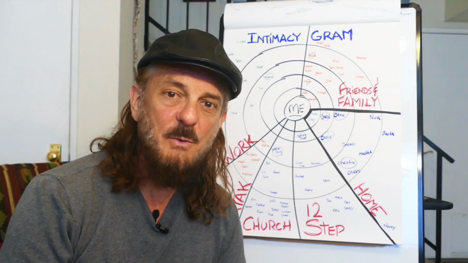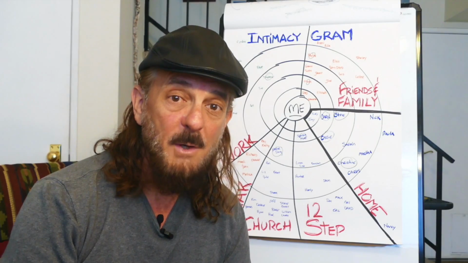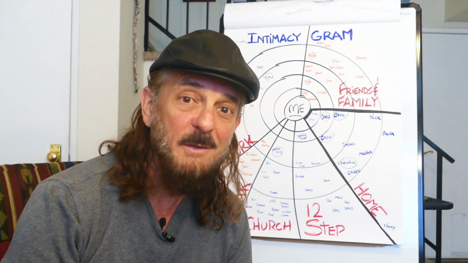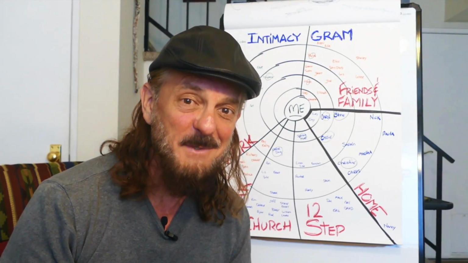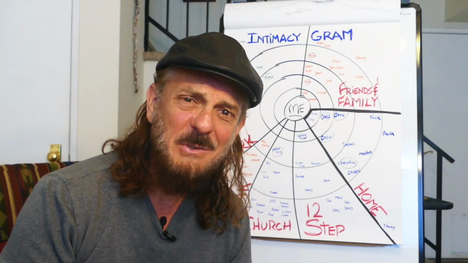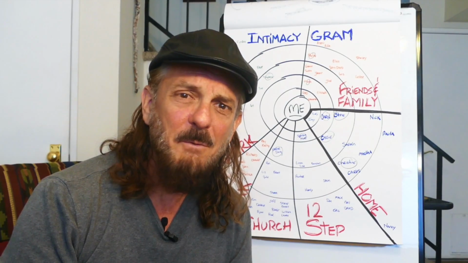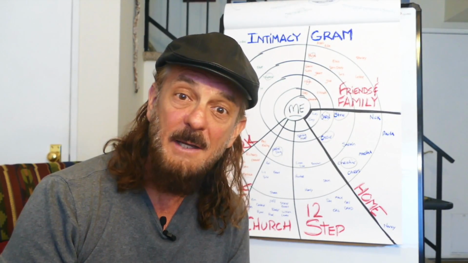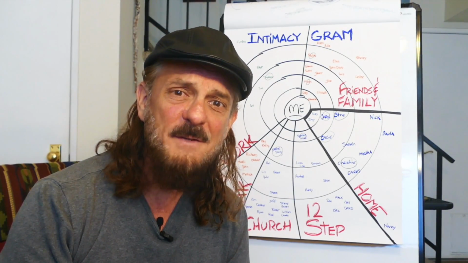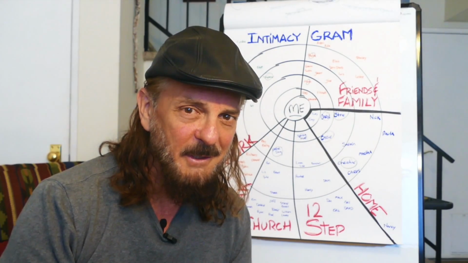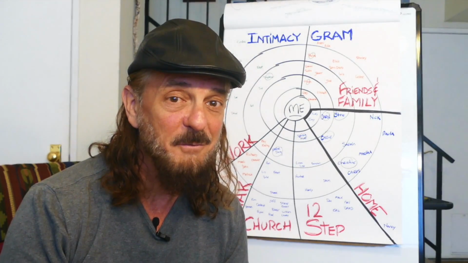When I teach this in a classroom setting, I'll usually write 1 to 30 or 1 to 40 on a dry erase board, and everybody has to come up with at least 30 factors of intimacy, 30 things that make up intimacy. Most people scratch their head in the beginning and don't really understand what I'm asking. A couple people might shout out some stuff like respect, honesty, trust, communication, and then all of a sudden the wheels start churning and the list starts growing. And everybody is usually amazed by the time we're done that we normally have around 35 to 40 factors of